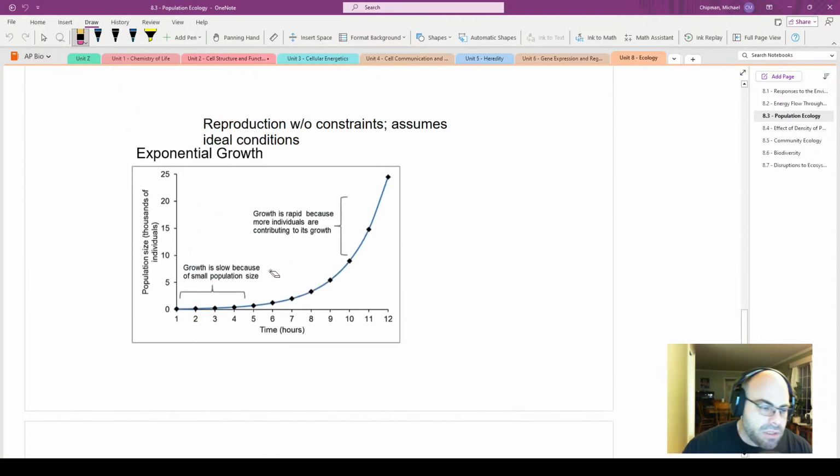All right, so first of all, let's talk about exponential growth. In order to talk about K-selected species, we have to talk about exponential growth. Exponential growth is when a population is growing without any restraints, right? It assumes ideal conditions. There aren't any factors limiting that population, is another way of thinking about it. And as soon as a population is limited,